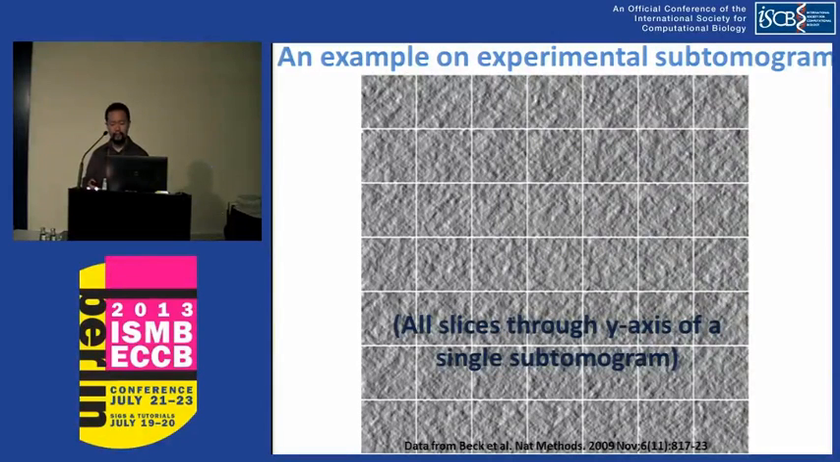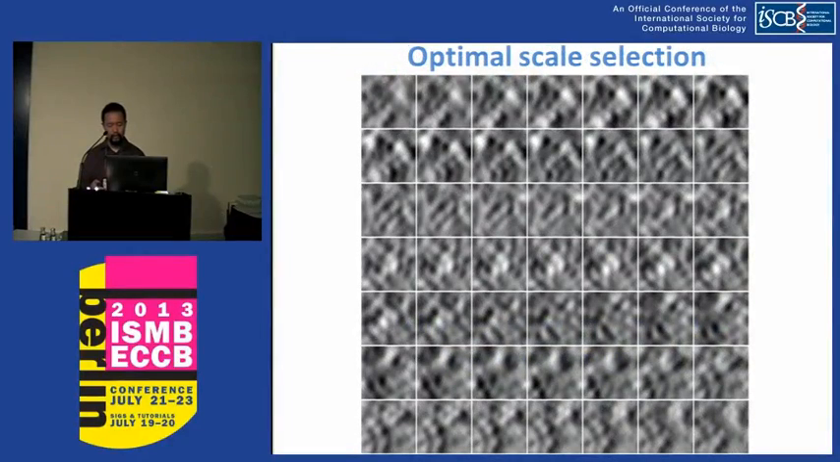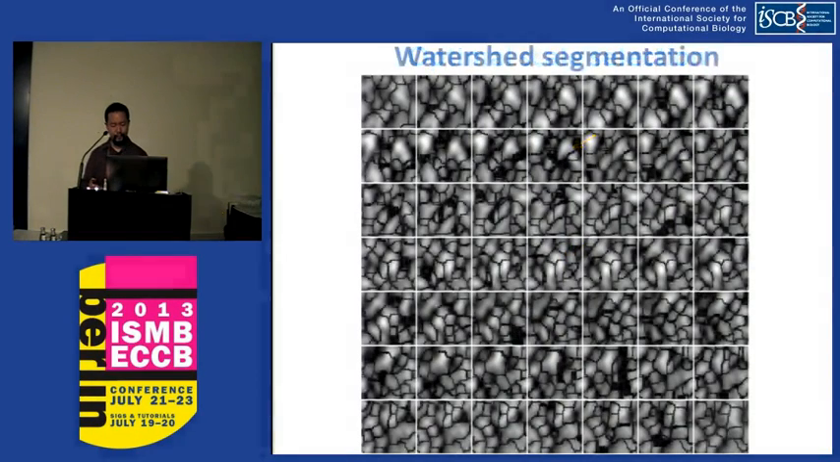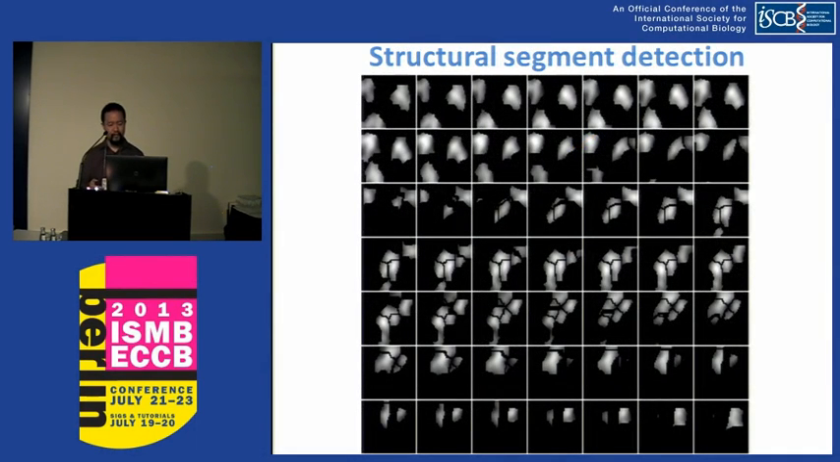And this is an example from an experimental subtomogram extracted from a bacterial tomogram. And these images are all slices through the y-axis of a single subtomogram. So this is the original tomogram, and this is after the Gaussian smoothing. And we can see the target complex located around the center region of the subtomogram, and also a lot of neighbor structures. And this is from the watershed segmentation,